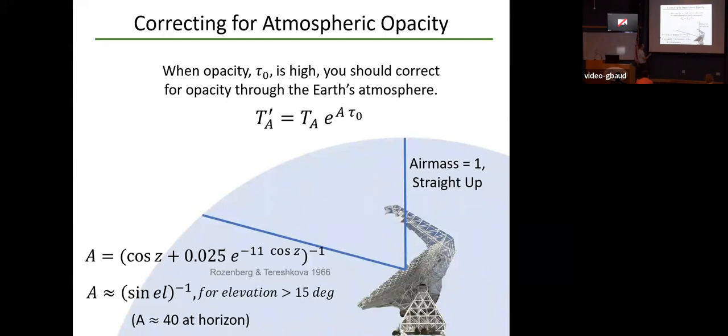And so I've included a couple of equations here for how you can calculate how much air you're looking through. This one is a bit more exact. This one's good enough until you get down to about 15 degrees. And if you plug in a zenith angle of 90 degrees, which would be pointing out towards the horizon, you'll find that the air mass at the horizon is about 40. So you're looking through about 40 times as much atmosphere